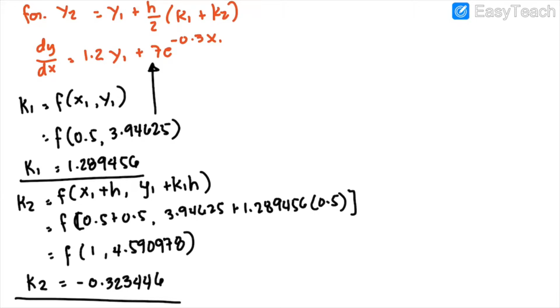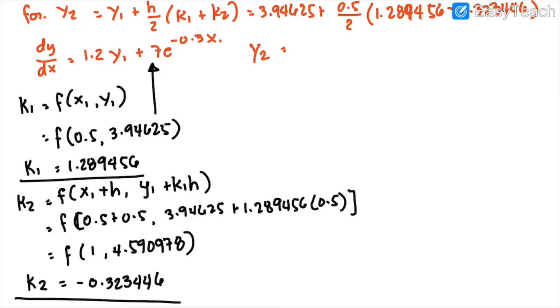Again, we can simply solve for y2. y2 is y1, which is 3.94625 plus the step size of 0.5 over 2, K1 of 1.289456 plus K2, or minus 0.323446. Simplify on your own, gives us the value of y2 equal now to